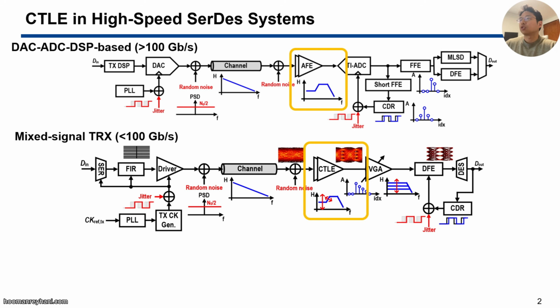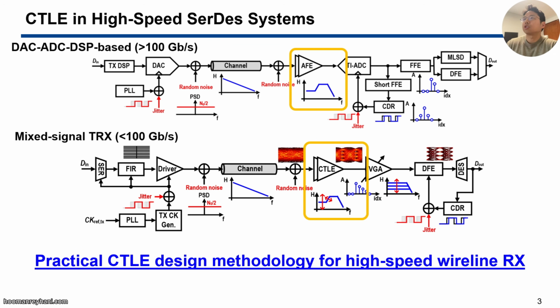Despite these architectural differences, CTLE is commonly employed in both cases as a key equalization block in the receiver side on the front end. While the optimal CTLE response may differ depending on the overall system architecture and equalization strategy, its fundamental role remains the same, that is, to provide partial compensation of the channel loss in the frequency domain. So in this lecture, we will focus on how to design this CTLE in a practical and systematic way for